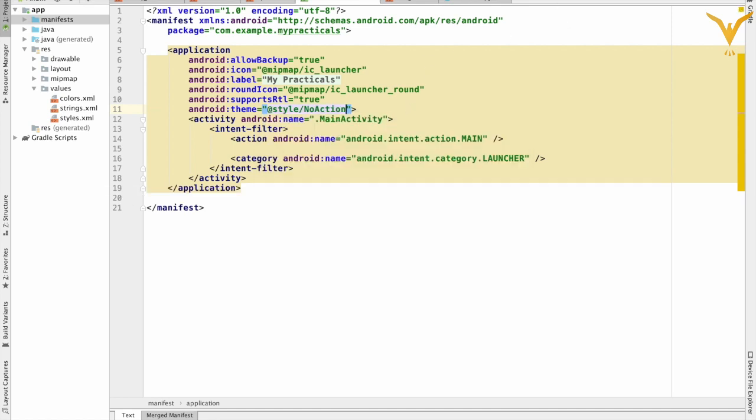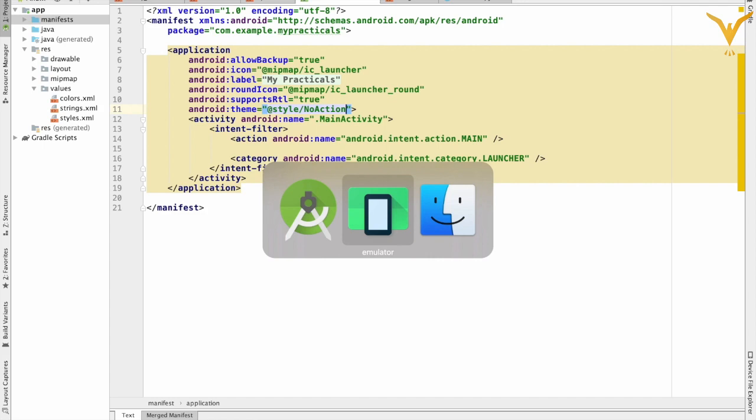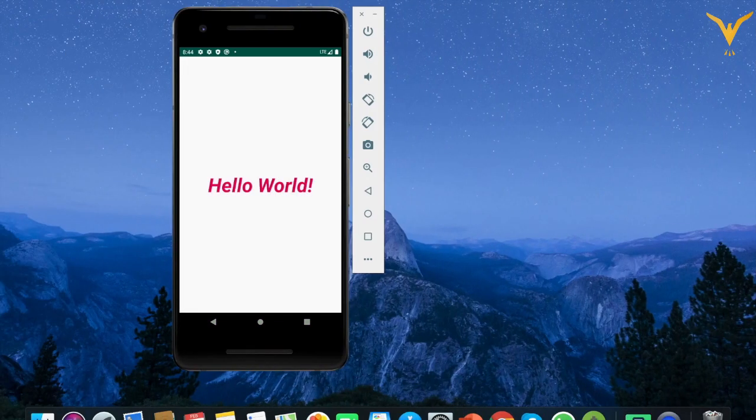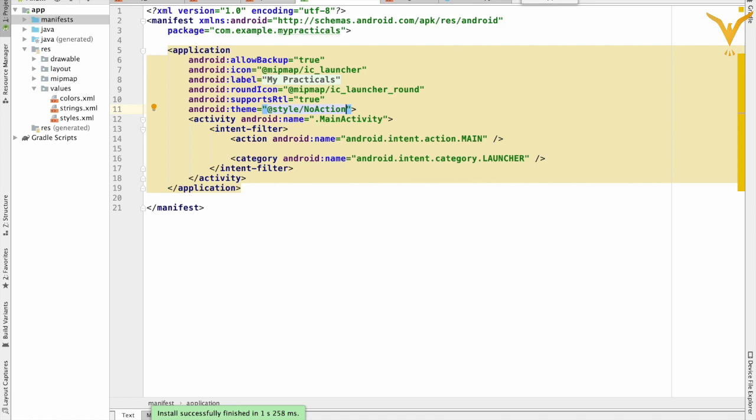Now let's run this. So we'll not get any action bar over here. Yes. So this is all about your colors and your styles in short summary.